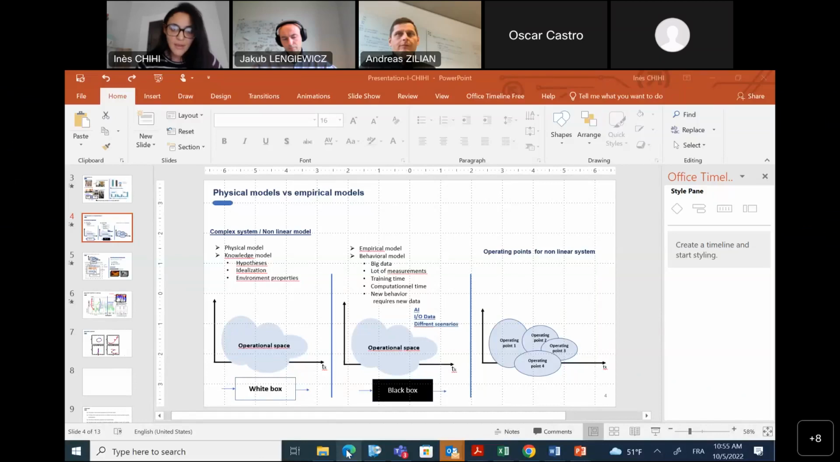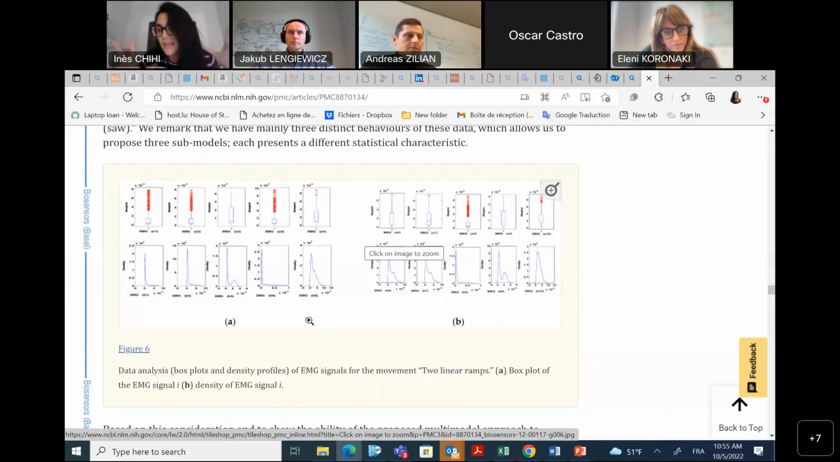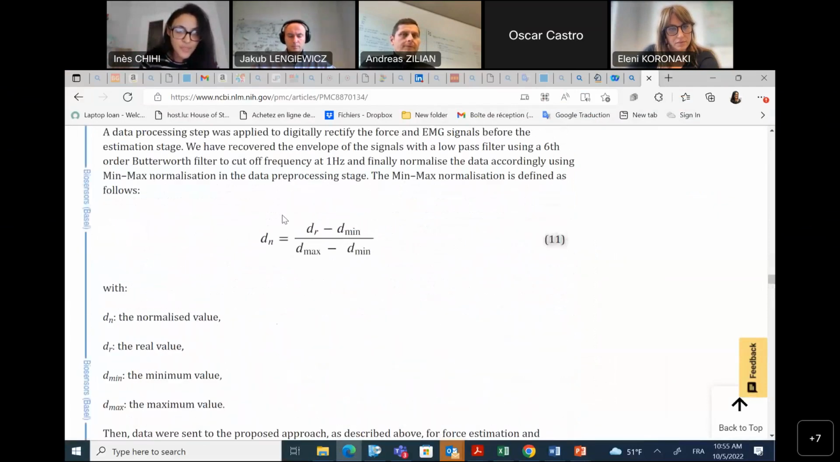So, okay. Here, for example, is how I can choose my models, because in this paper I just present the approach based on the data. After studying the data, we can see three kinds of data, and from these groups of data we define a model for each kind of data. Okay. And then for the fusion,